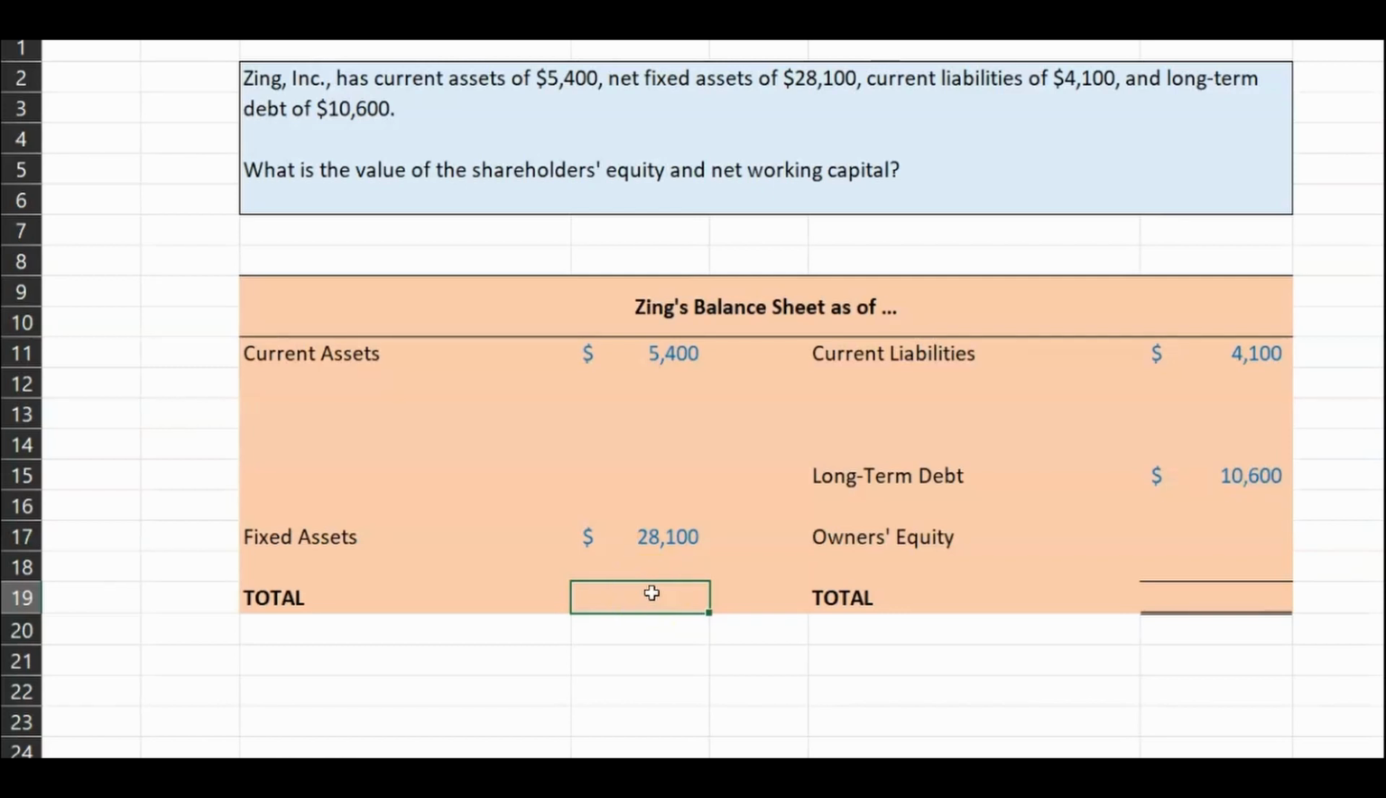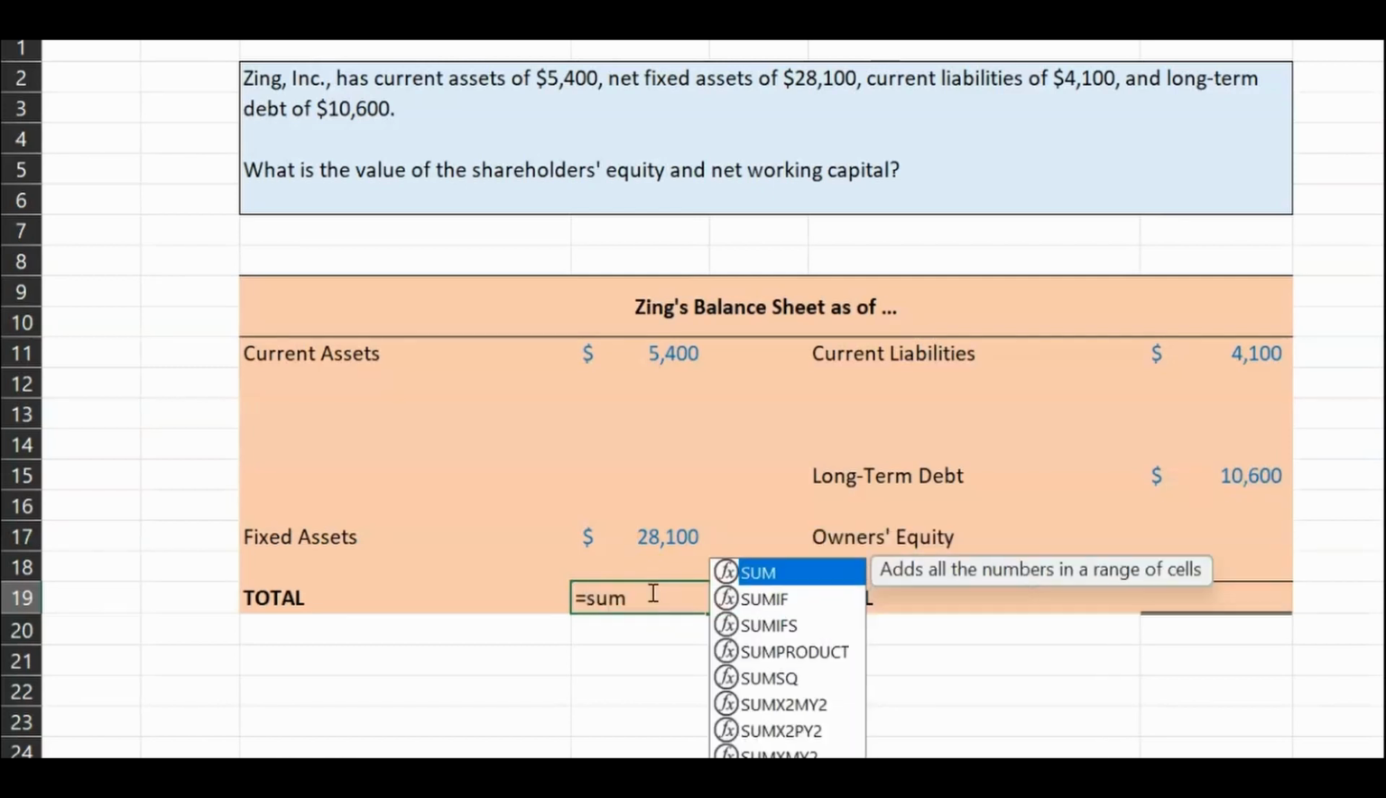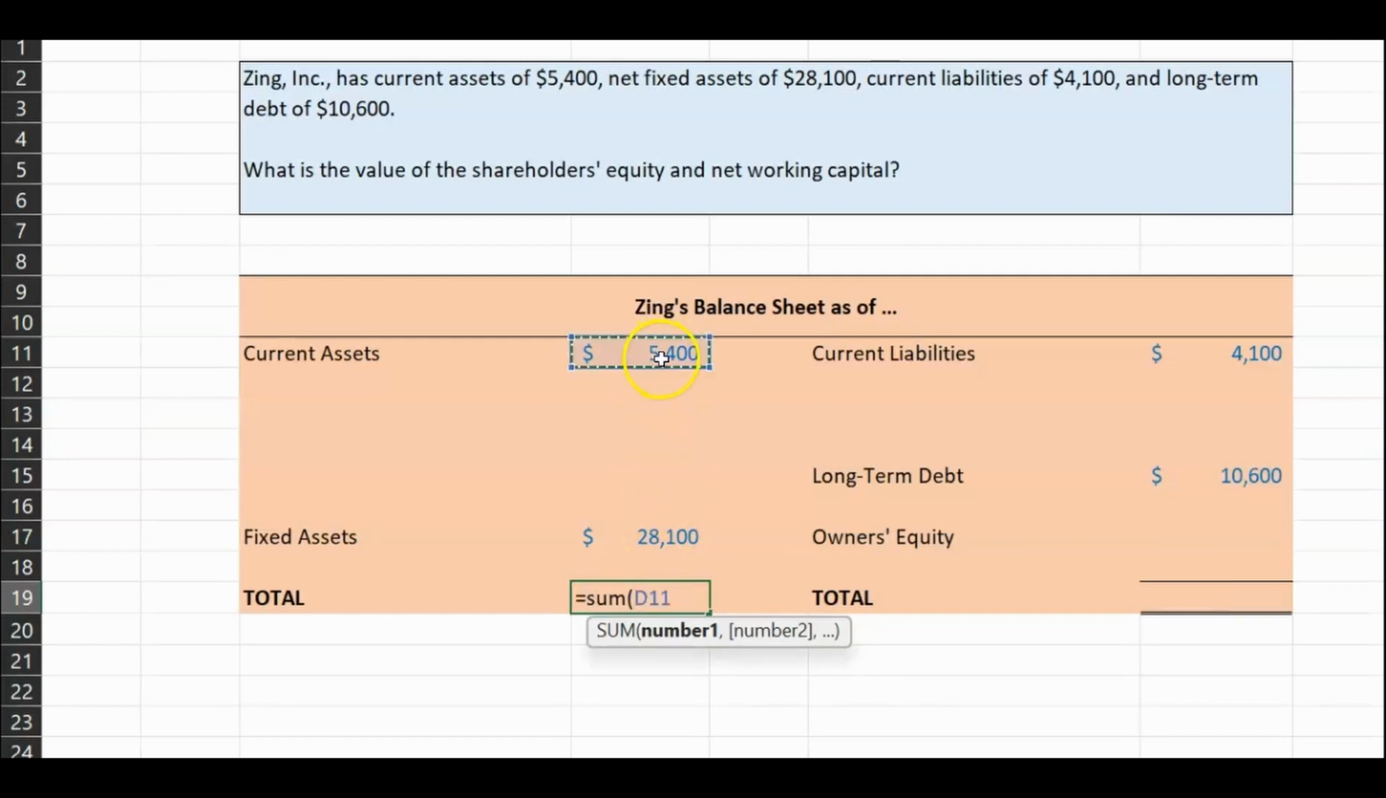Now, to figure out the worth of Zing's assets, all you've got to do in Excel is use the sum function. So you say equal to sum. You open the parentheses and then you highlight all of these cells. This will, by definition, take the sum of all the numbers in these cells. Those cells which are empty will, by default, get a value of 0. Now, if you close the parentheses, this says that the worth of all of Zing's assets is $33,500. It has to be the case that